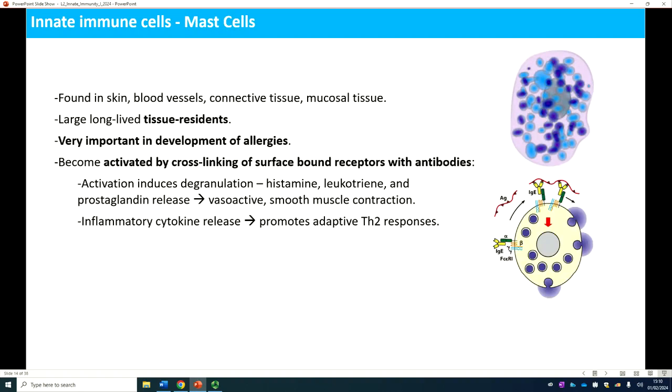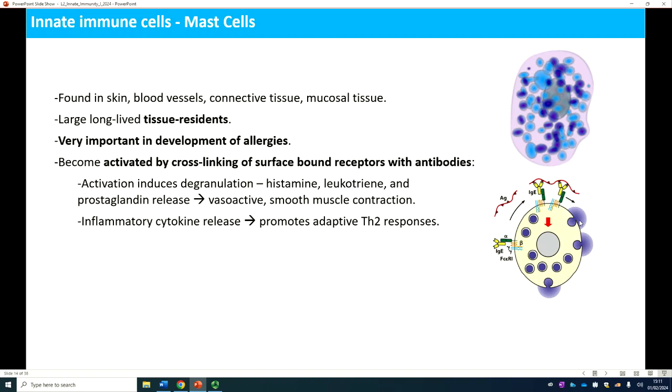And then we have our mast cells, which are one of the first cells to play an important role in allergy. Again, they would normally be involved in a parasitic response. They're tissue resident, so they're found in the skin, they line the blood vessels, as well as being present in the mucosal tissue. And these also get activated by the cross-linking of surface-bound antibodies. So you can see here we've got a mast cell, we've got cross-linking of surface-bound antibody recognizing an antigen, and